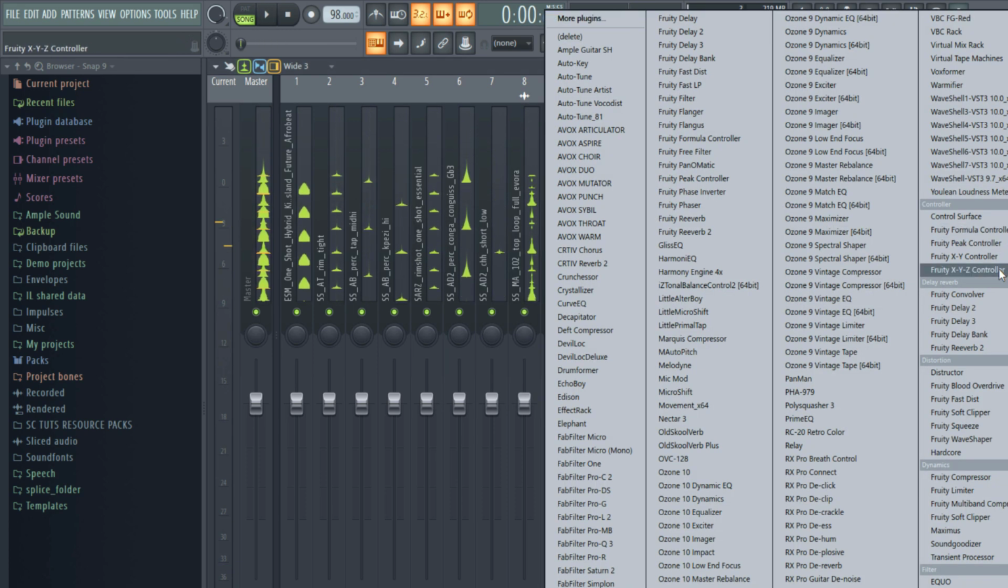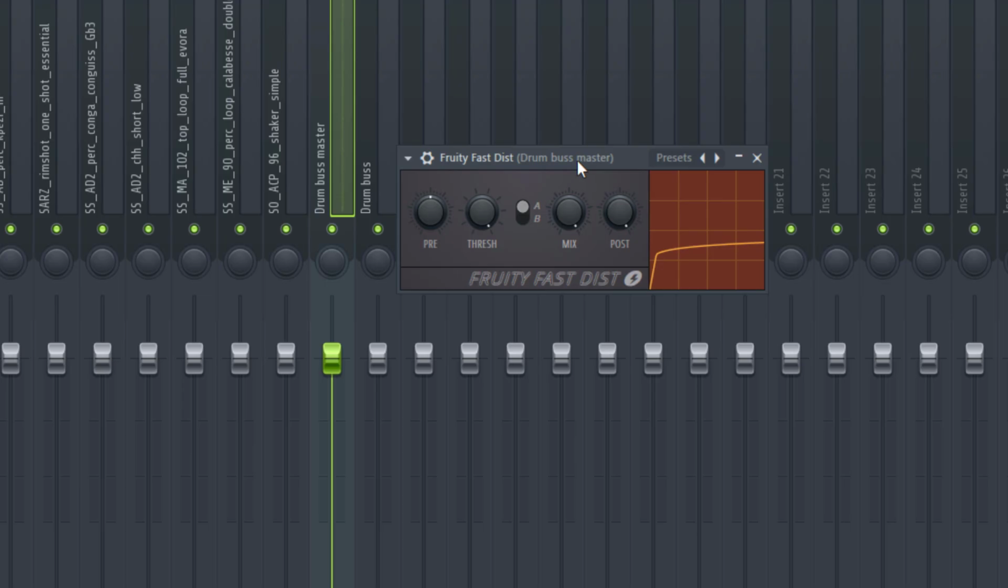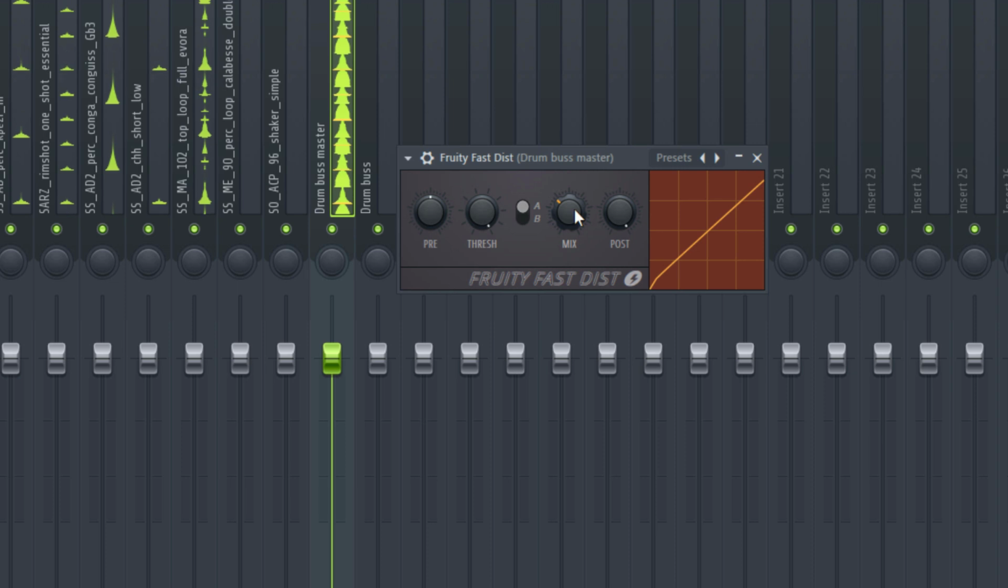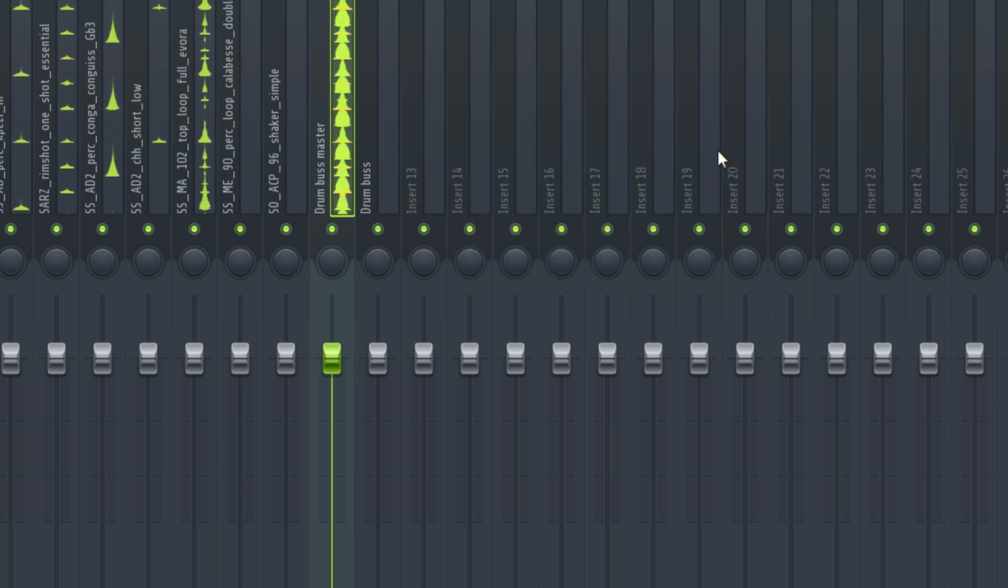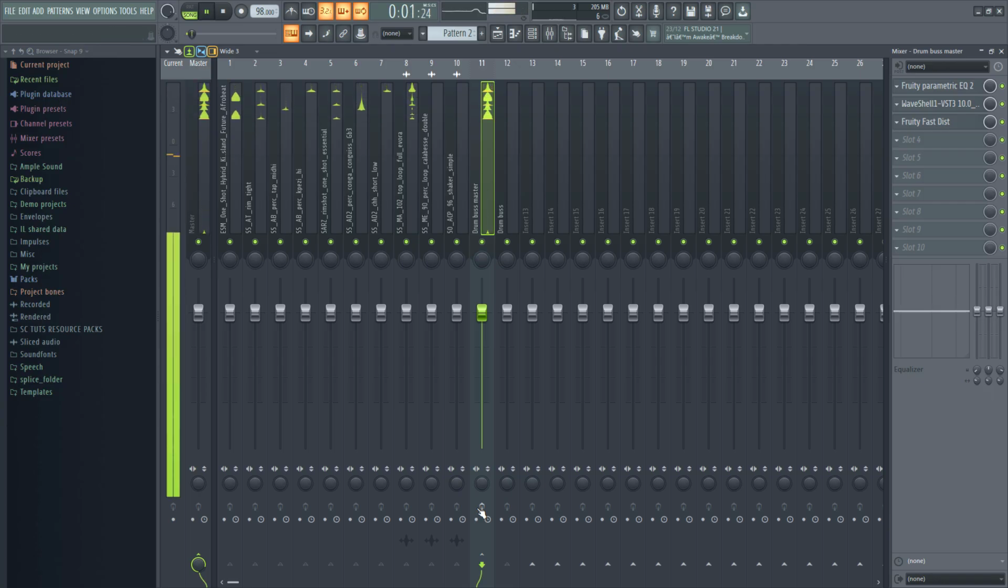And then we're going to use another plugin, a free plugin this time, Fruity Fast Distort. But when we play, it's going to sound distorted. We don't want that. So we're going to reduce the mix by a lot. We just want a little bit of it. Alright, so when I turn off the effects, this is how the drums sound. And when I turn on the effects,